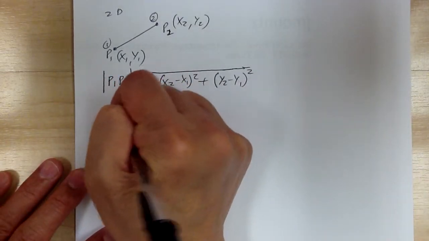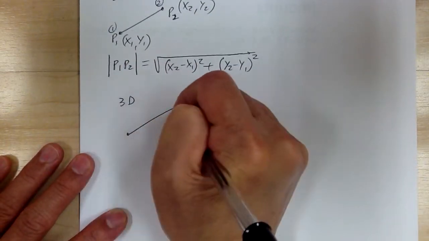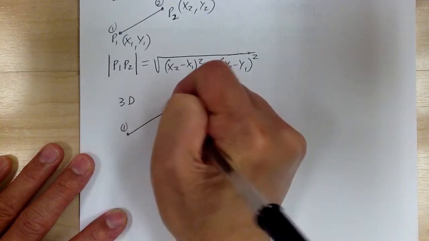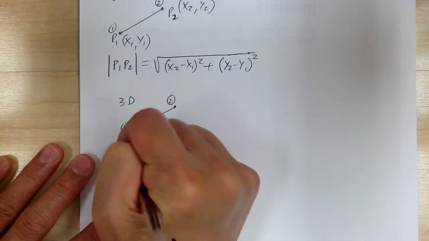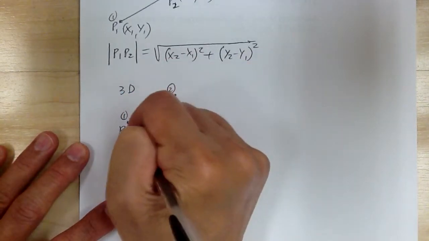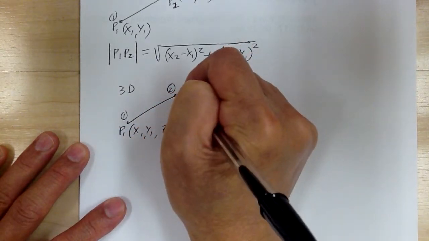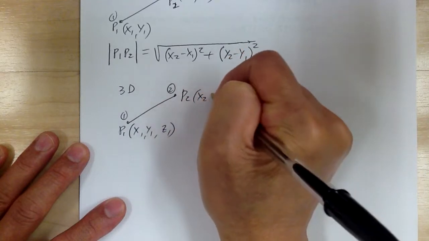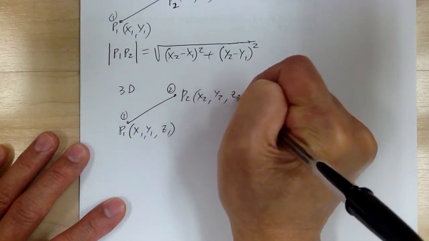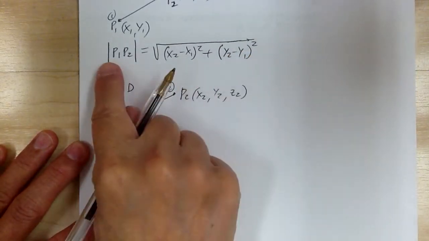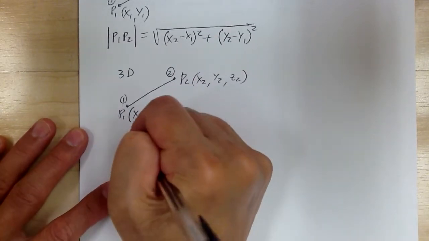Now in 3D, the three-dimensional, you've got point 1, point 2, same thing, right? So P1, now because it's three-dimensional, you're going to get X1, Y1, Z1. And the point 2, P2, we get X2, Y2, Z2. So now the distance between the 2 points